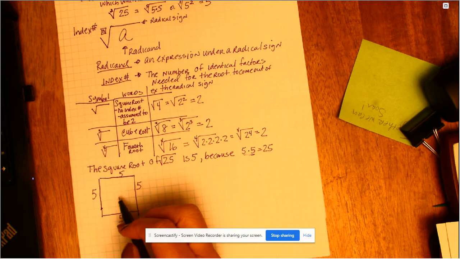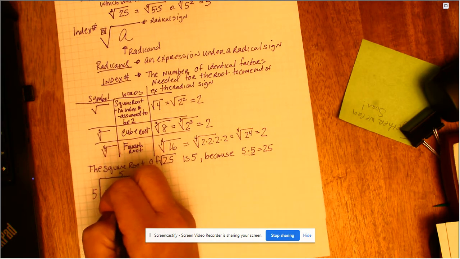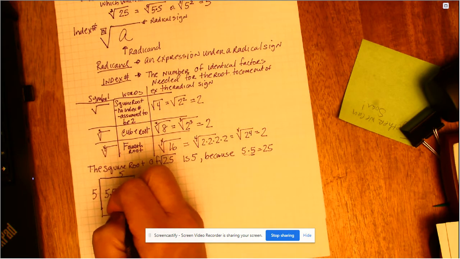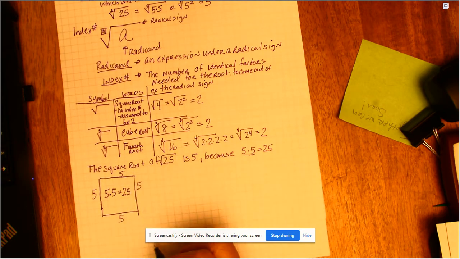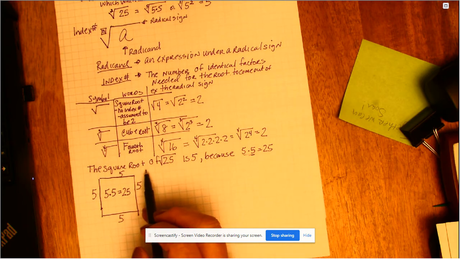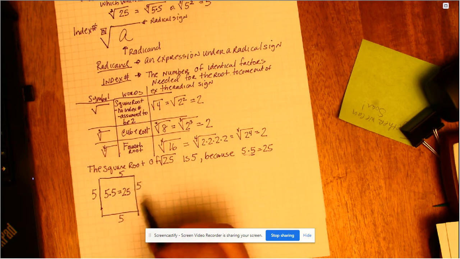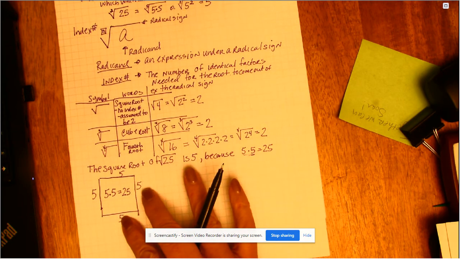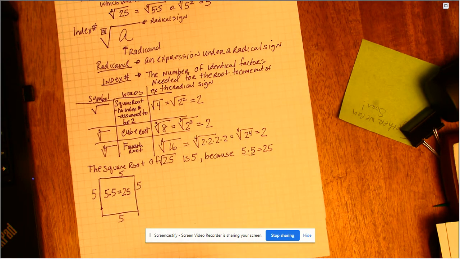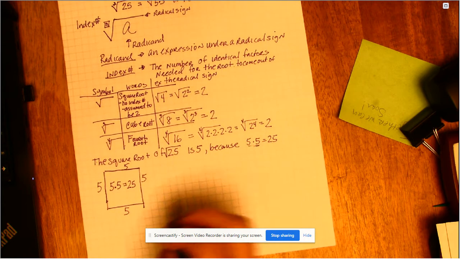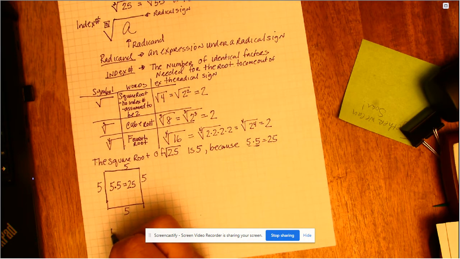The way we find the area of a square is to multiply side times side or length times width because it's part of the rectangle family, and that equals 25. So that's why we call it a square root, because we're looking for identical factors, a set that contains 2. And here, the way you find the area of a square is side times side, which have to be identical factors. If we looked at something like a cubed root,